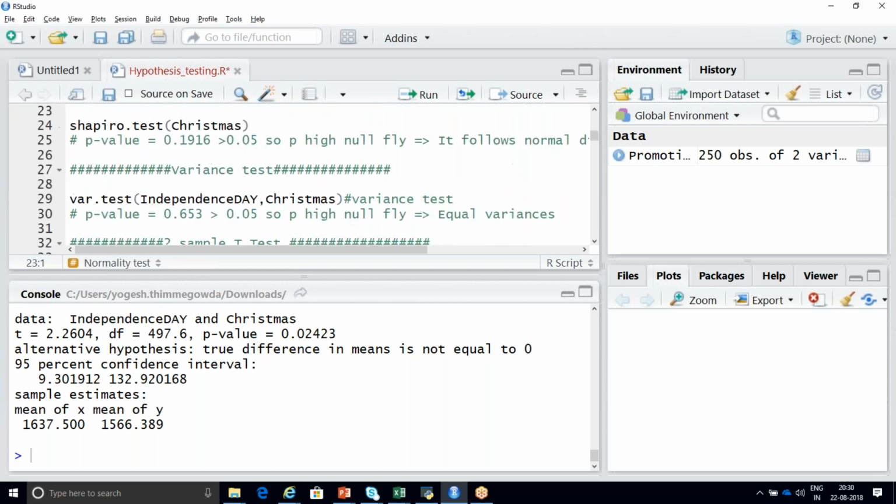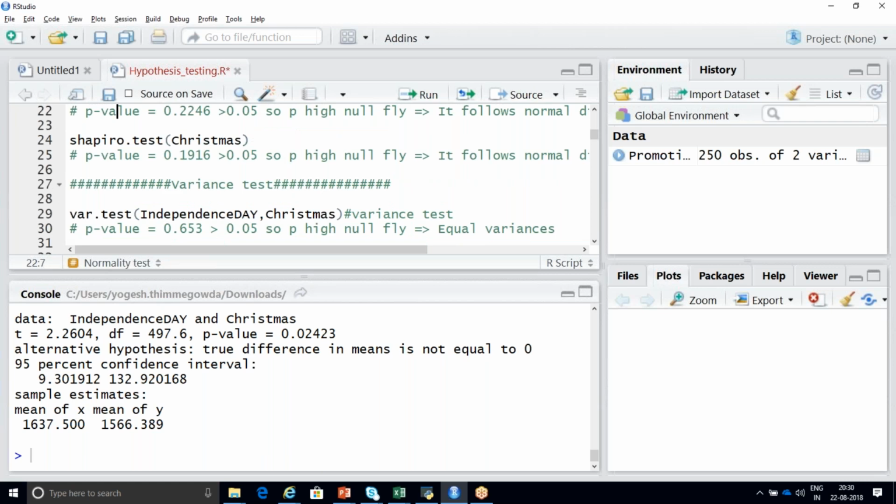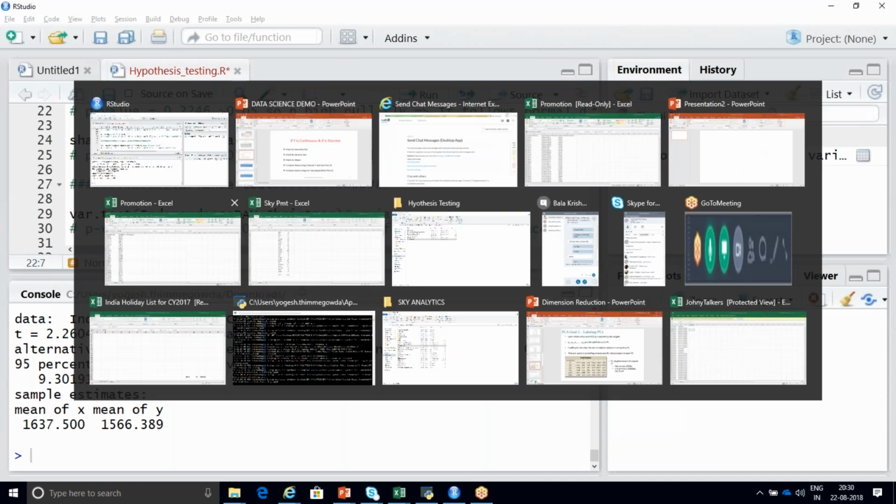Okay. See, once you are ready, consider that you're working for one year in data science. You will not do all those things. You'll directly jump into whatever you want, because as you are a beginner, I'm explaining each and every single line. We should know. Yes, Bharat, it is nothing but I'm checking for my two-sample t-test.